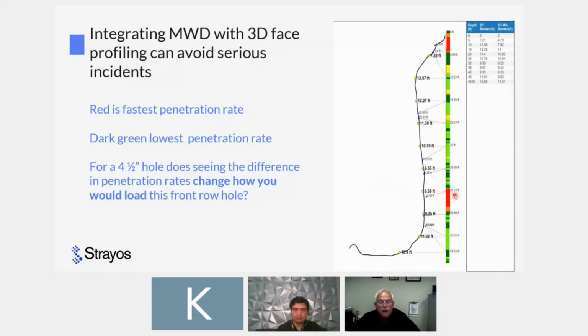Is this something that I need to be concerned with? With old style drill logs, being able to compare a change in penetration rate as well as a change in burden on the same screen in the same area is not practical. Now with this technology, you can do both and compare it. And that's where I'm saying this is really going to change how people load shots. It's the way to go in my mind. And this is just from a driller.